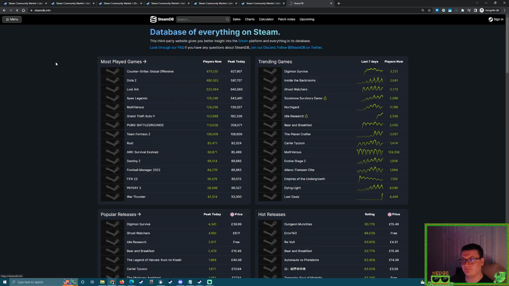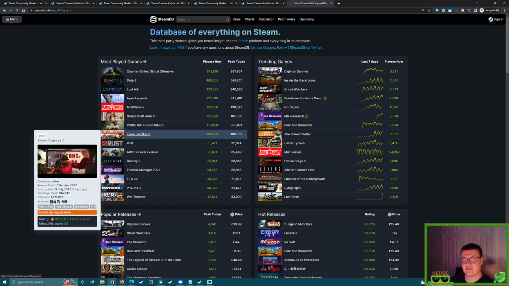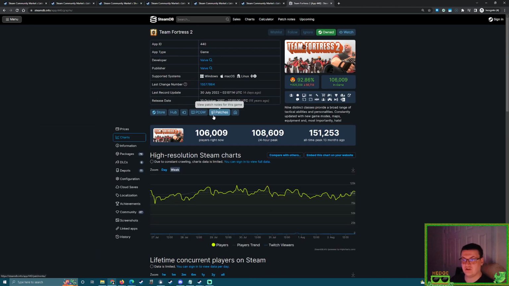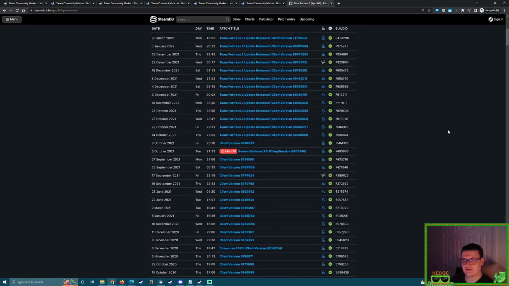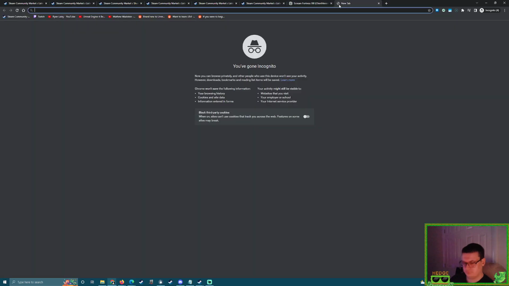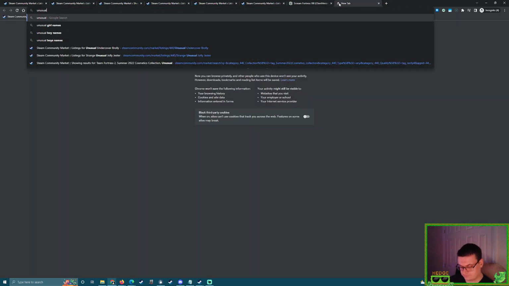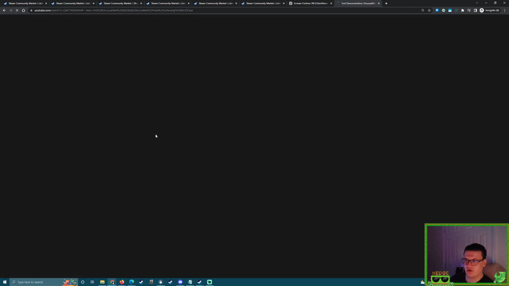So, yeah, for Halloween, both hat effects and taunt effects, during Halloween, you can only get the Halloween ones. So if we get very good Halloween taunt effects for the unusuals, with the unusualifiers, then the unusualifiers are going to go up in price. So if you're a bit confused, what's an unusualifier? An unusualifier is a tool which...